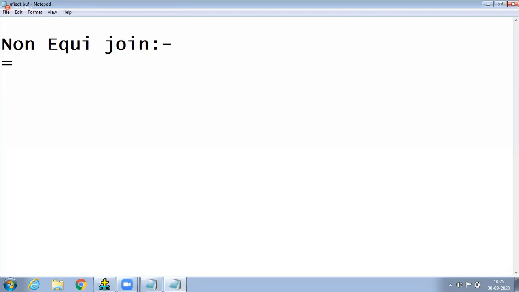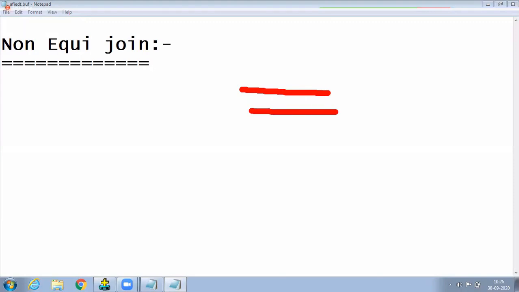What does non-equi join mean? Observe here. An equi join means the equal to operator.